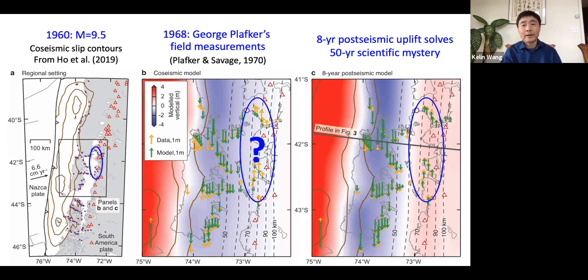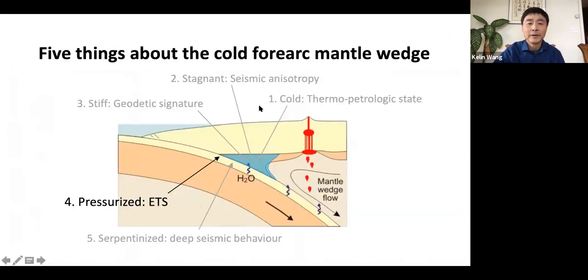And it is quite remarkable, because George Plafker's data set, these observations, are transforming observations, and they are a milestone in our understanding of plate tectonics and megathrust earthquakes. It just humbles me to see that 50 years later, we are still learning new things from this data set. Okay, so now let's continue with the megathrust behavior. Now let's talk about what happens around the mantle wedge corner along the megathrust.